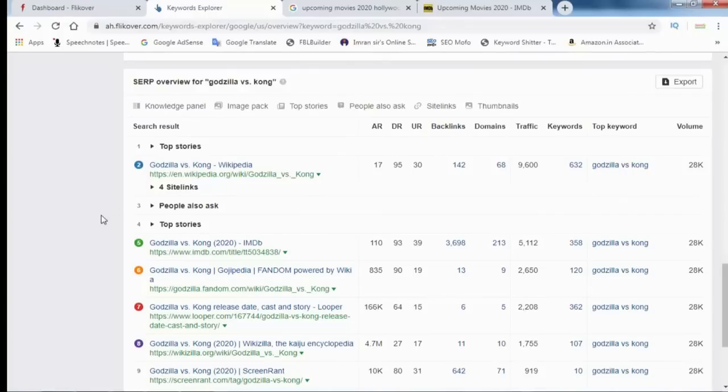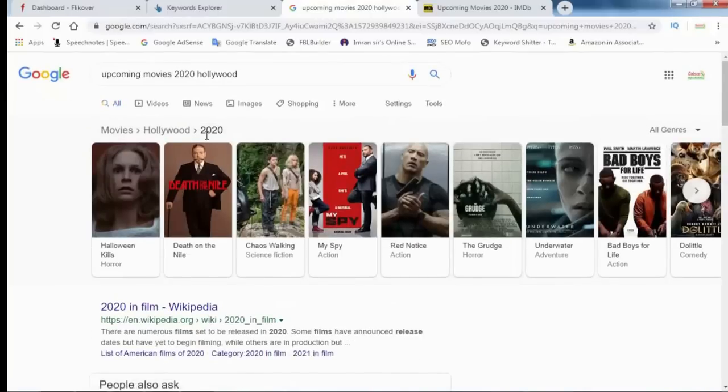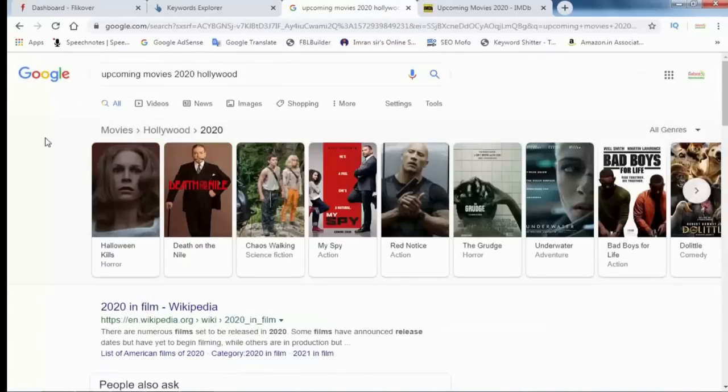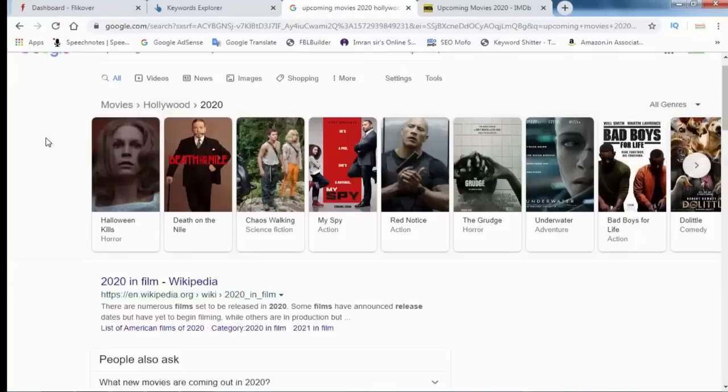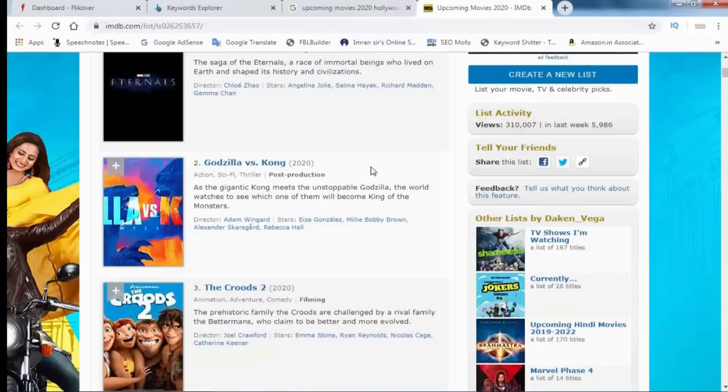So you need to write an article, we only need to rank any keyword on Google, because we want to send traffic on that keyword to our website for clicks, for AdSense earning. It does not matter whether your website ranks by black hat or white hat or any hat. We only need to rank on the first page of Google. So this is my strategy.